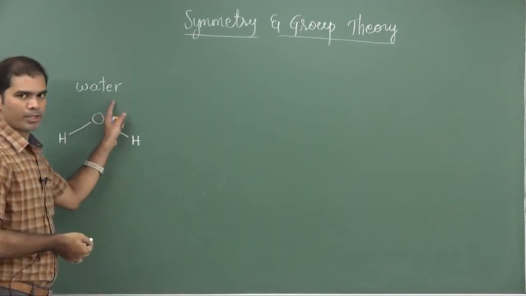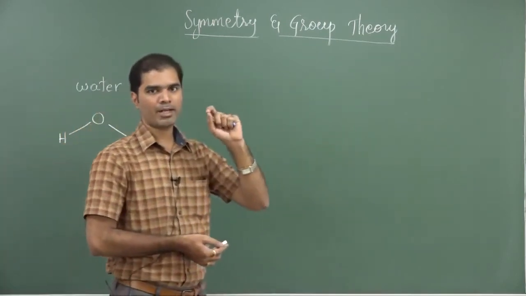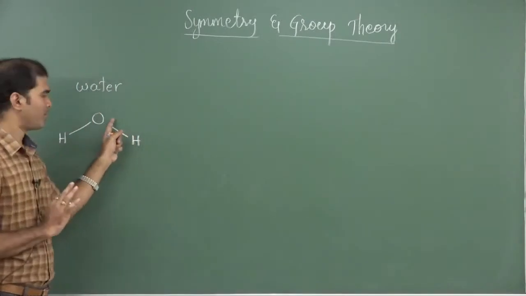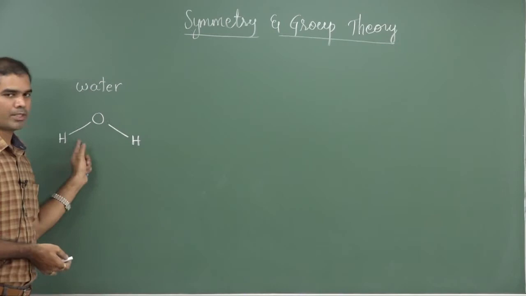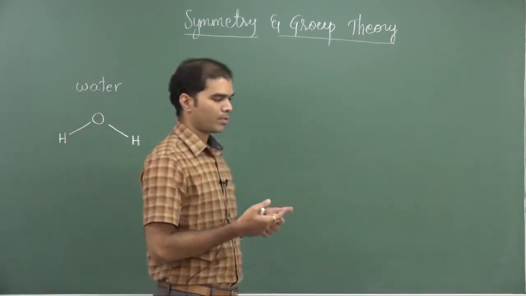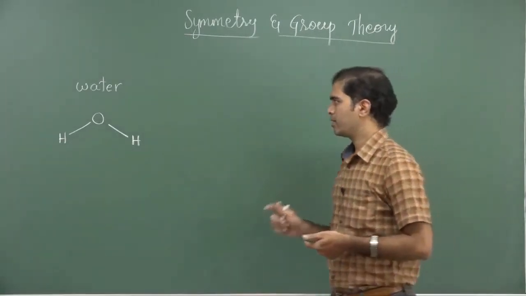Whenever we are given a molecule, to understand the symmetry of any particular chemical entity, I am choosing a molecule here, the entity is a molecule. The molecule has an oxygen and 2 hydrogens attached to it. So I want to understand the symmetry of this particular water molecule. Then immediately a question arises,